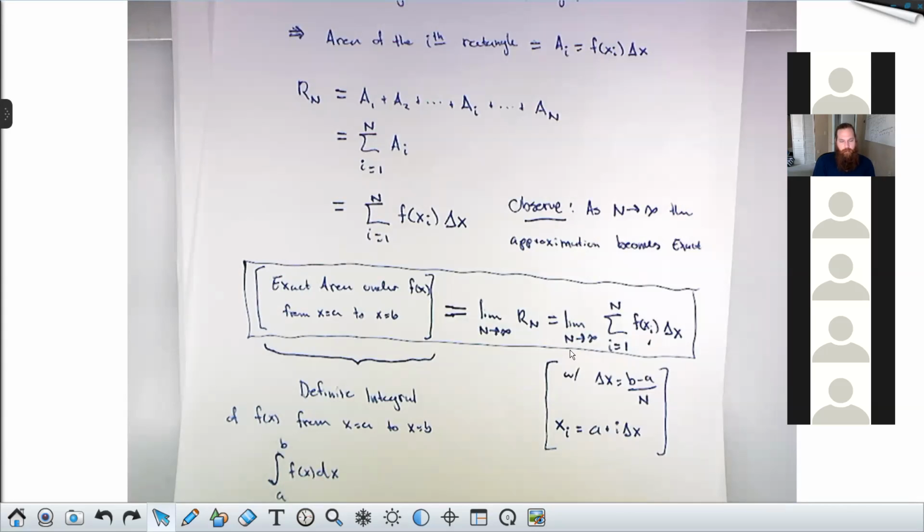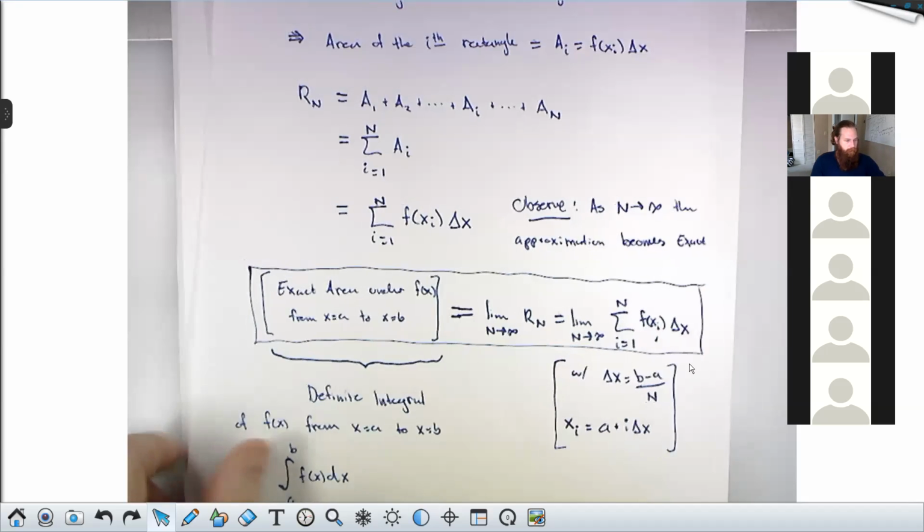So the way we go through these calculations, first, you draw the picture, right? You graph the function f on the interval a, b. Then you calculate delta x. Then you calculate xi. Then you plug those things into this formula. Then you cook up that sum using stuff from your pre-calc class, which I'll review for you as we need it. And then you take the limit as n goes to infinity. So you build this object from the inside out. First you calculate this, then you calculate this, then you add the sum in, you calculate that, then you take the limit. So let's do it.